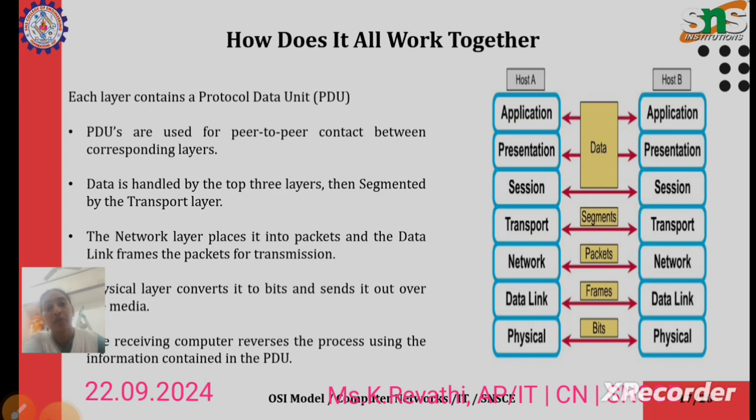Each layer contains a protocol data unit, simply called PDU. PDUs are used for peer-to-peer contact between corresponding layers, and data is handled by the top three layers, then segmented by the transport layer. The network layer places it into packets, and the data link layer frames the packets for transmission and passes the frames to the physical layer. Then the physical layer converts them into bits and sends them over the physical medium. The physical medium may be wired or wireless, which I explained in the physical layer